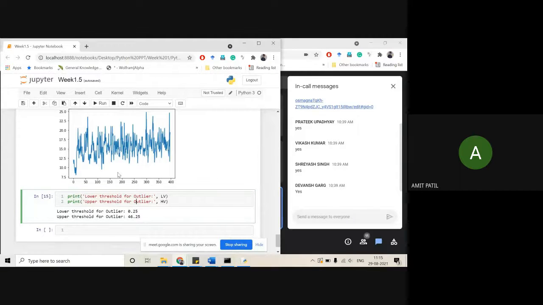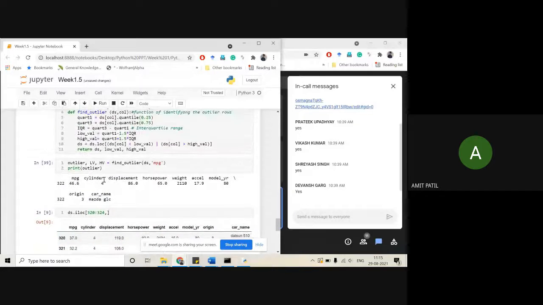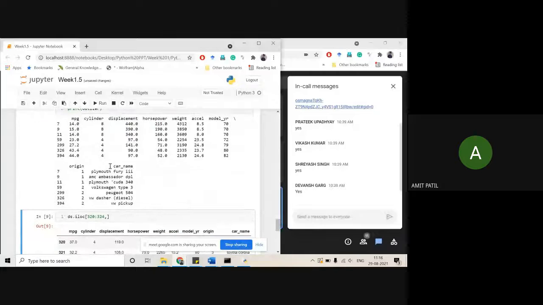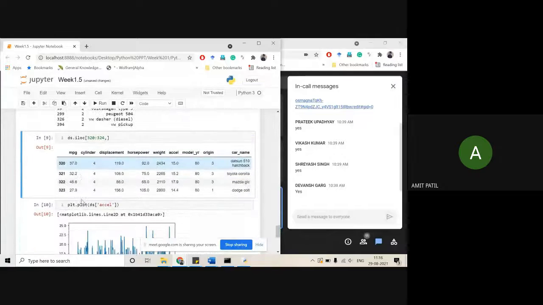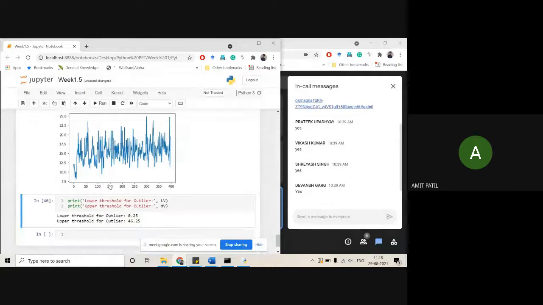In the Excel variable, there are seven outliers. If we plot it here, Excel, and then call the upper and lower values, the lower value for outliers is 8.8 something.